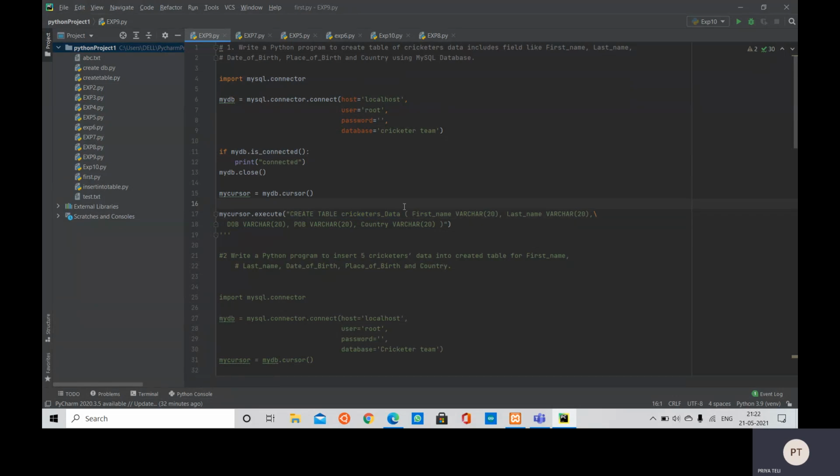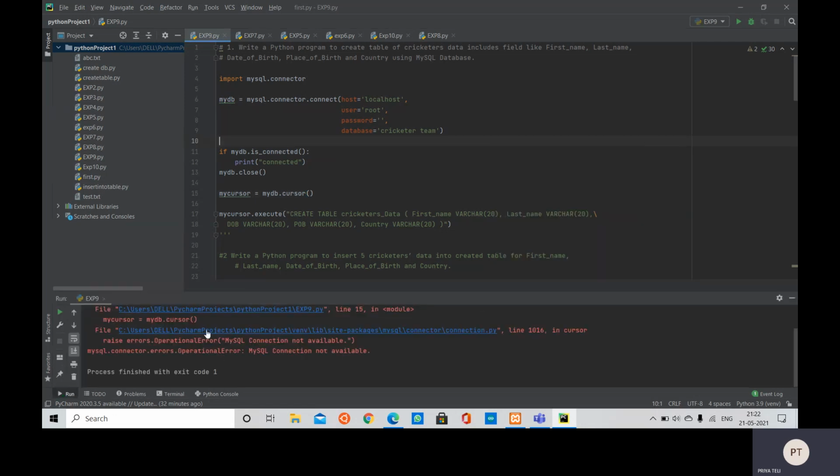Right now we created the table name XYZ, but that was just for example. So I have one table with the name cricketers data, so it might show an error, or in some cases it will create one more table with the same name cricketers data, and the operations will be performed on that particular table. So let's run this.